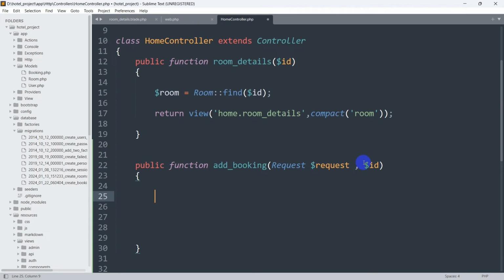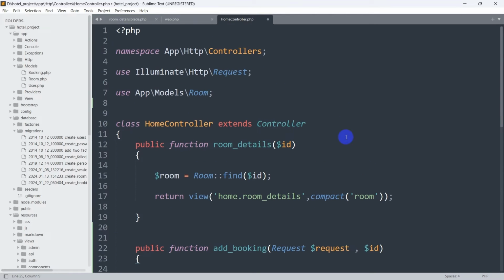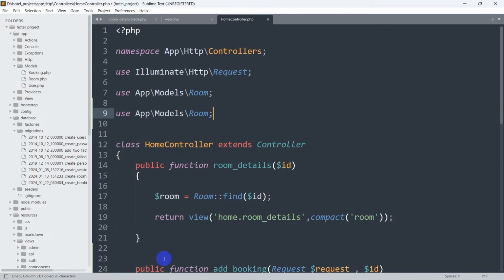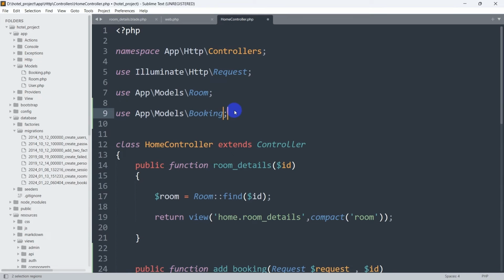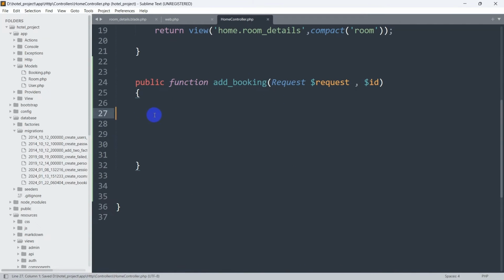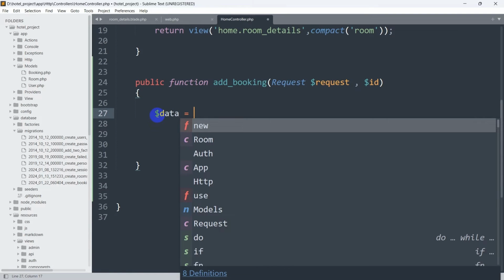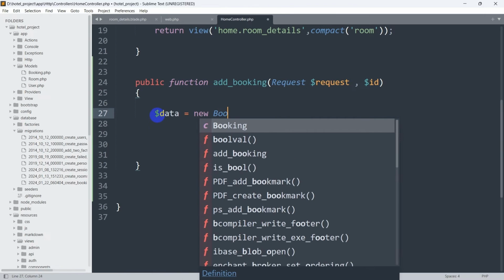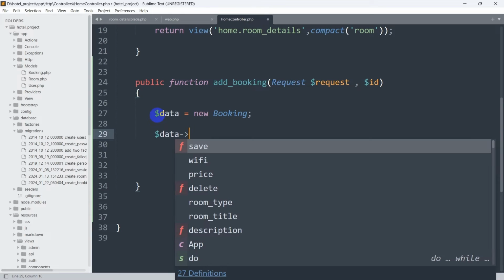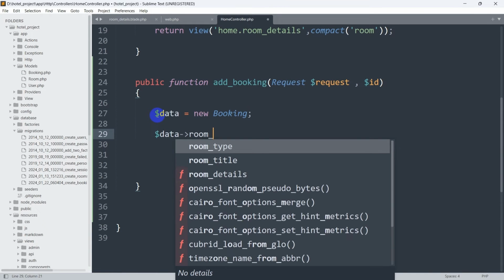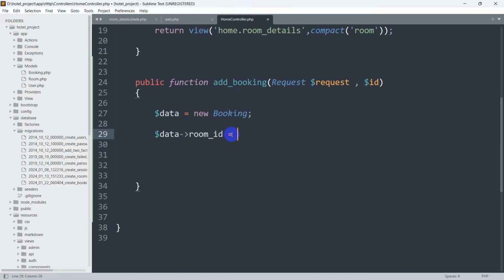After it, we'll give the second bracket. First of all, in order to upload the data in the booking table, we need to mention the booking model name at the top. So let me just copy this and paste it here. We're going to say use App\Models\Booking, like this. Let's go down, and inside this function, let's declare a variable. It will be $data equal to new Booking. After it, we're going to say $data arrow room_id equal to,